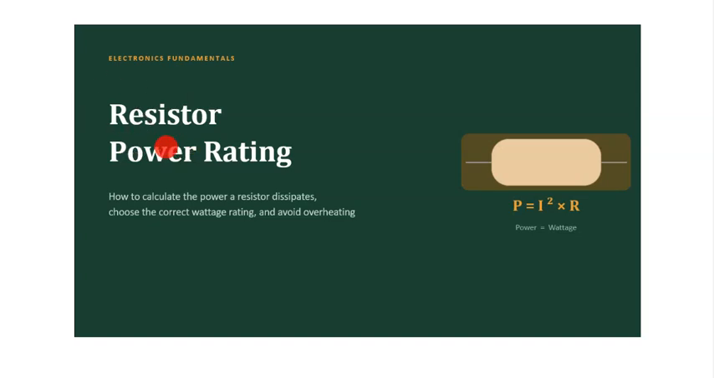Resistor power rating. How to calculate the power a resistor dissipates. Choose the correct wattage rating and avoid overheating. We have seen that resistors are very fundamental in building electric circuits. They are used for limiting current. So an appropriate choice of which kind of resistors or which rating of resistors to use for a particular application